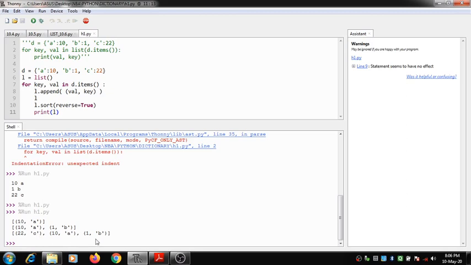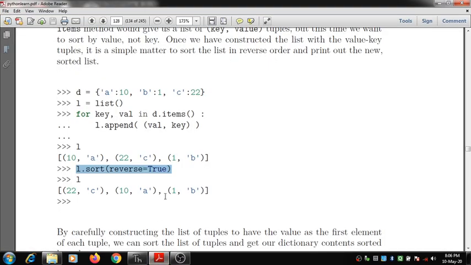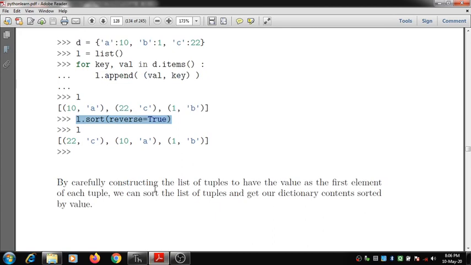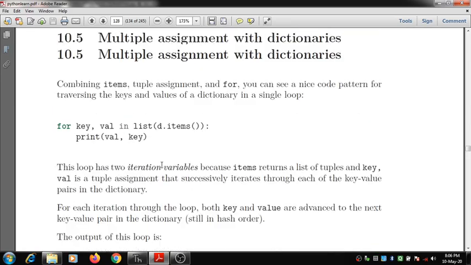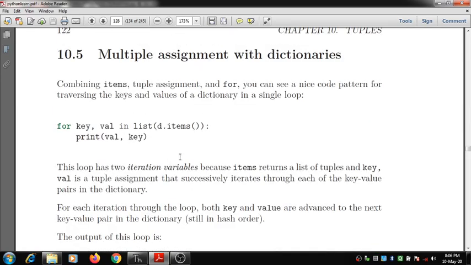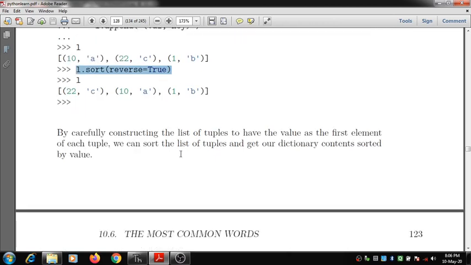So here you can see elements are present in a sorted manner. I have executed it twice. Fine, this is how we traverse the elements using multiple assignment with dictionaries. Thank you for watching this presentation.